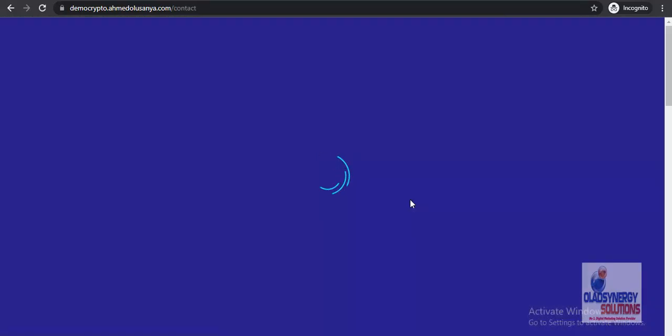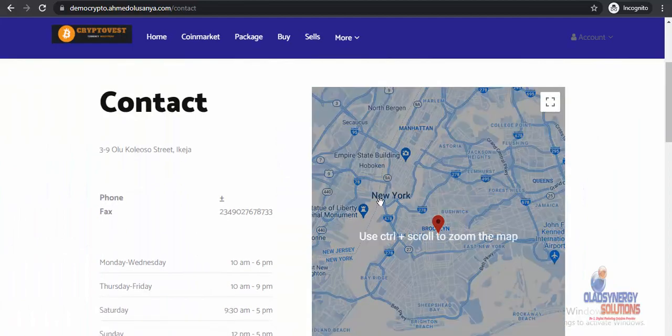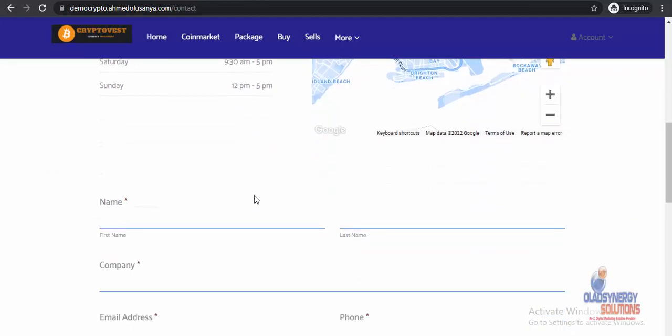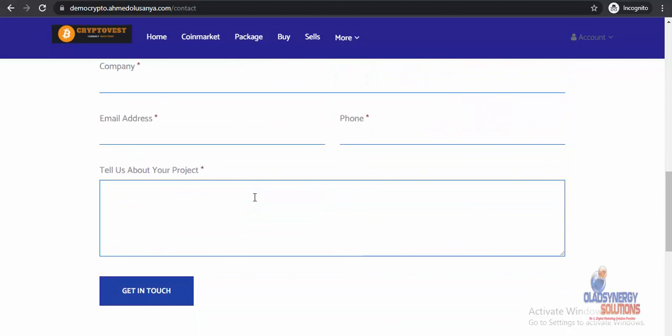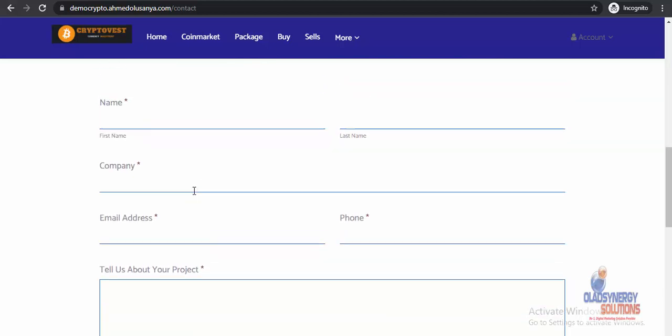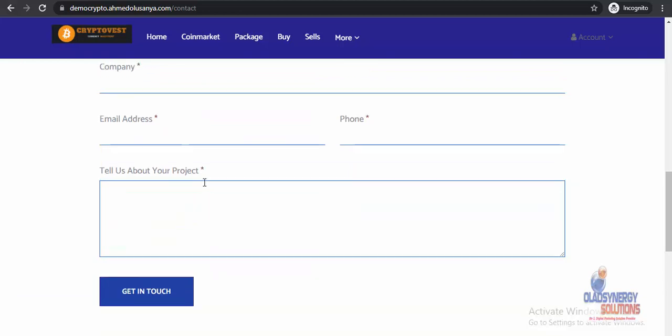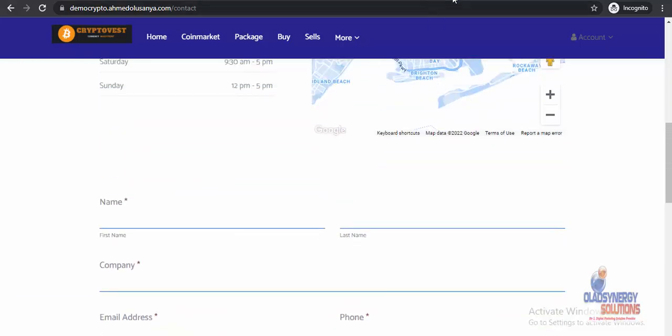So you can see contacts, fax. You can see that we have changed everything. So get in touch, the email. Once we say get in touch, this is going to be sent to the email address of the admin. So this is how to design a complete investment website that can send, receive, you can lend,